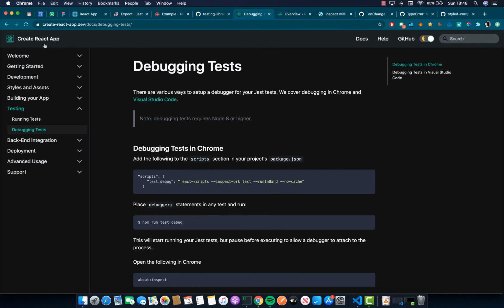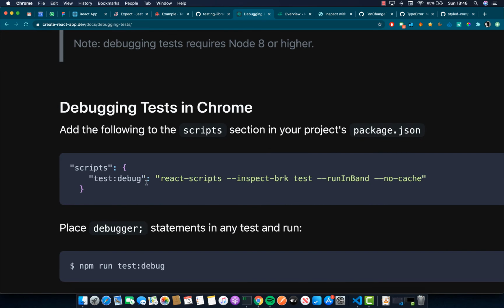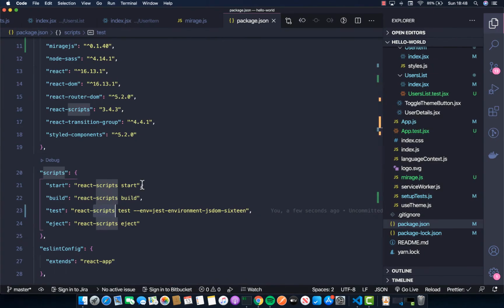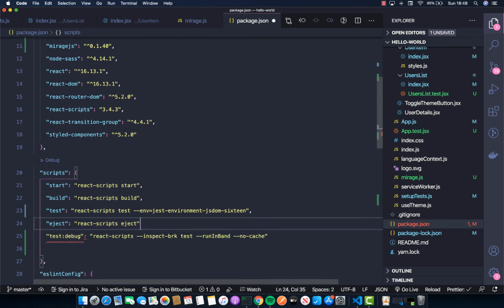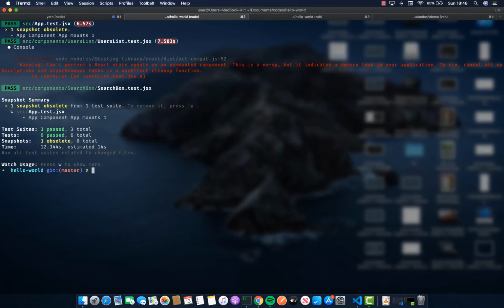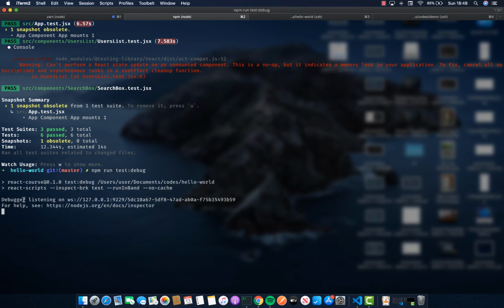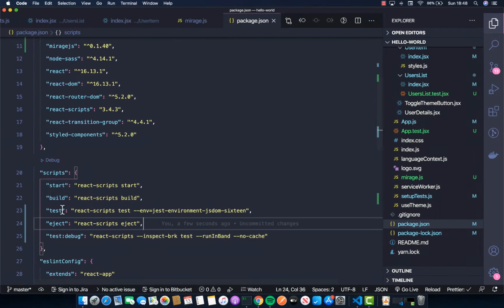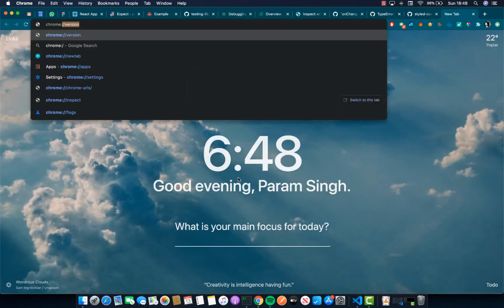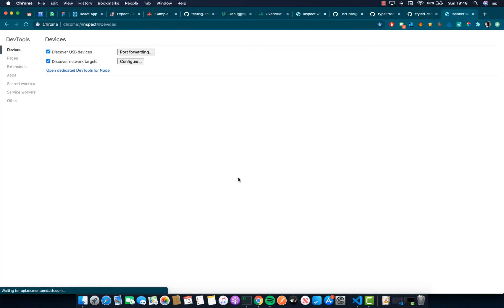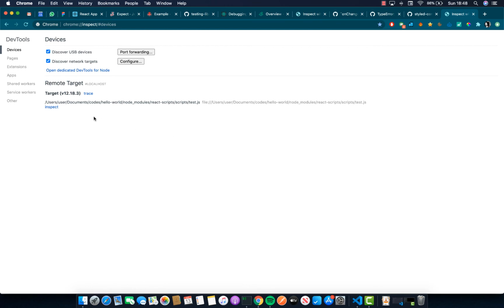If you go to the Create React App website, it exposes a script called test:debug, and we can just copy and paste it into our project. Now instead of running npm run test, we'll run npm run test:debug, and let's see what happens. It says debugger listening on this WebSocket address. All we need to do is go to Chrome and write chrome://inspect, and it'll open this screen for you. Here you can see our react-scripts test.js file is running now. So I need to click inspect,